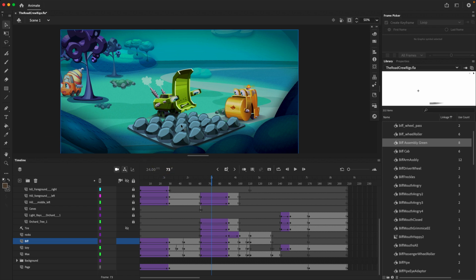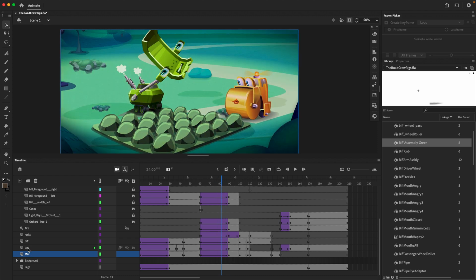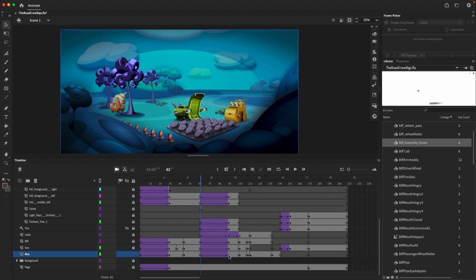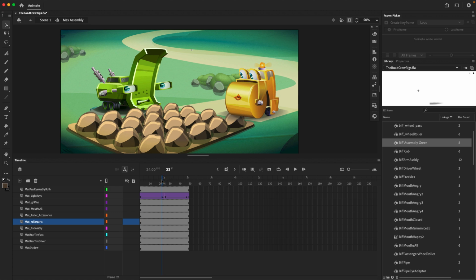Next I'm going to show you how to work on parenting after you've already created all of the imaging that's required for your character. Everything is essentially rigged and ready to go with this character Max. Right now, it's set up on the main timeline like this, and everything is nested inside of him. If I lock everything else except for Max, click onto one of these keyframes, and double click into him,